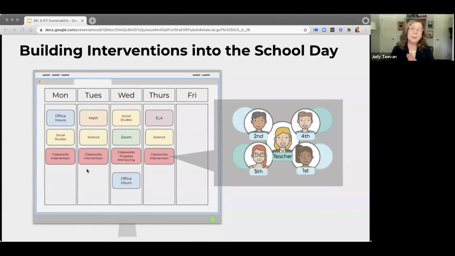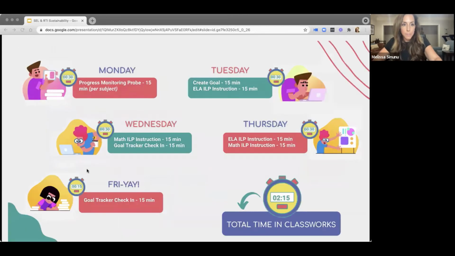So next, build time into the school day for individualizing student needs. Once your vision is aligned and the team is committed, make sure to set up the infrastructure so that your program components can be successfully used. A school's master schedule should identify when students will be receiving intervention services. This includes completing weekly progress monitoring and participating in goal setting as well.